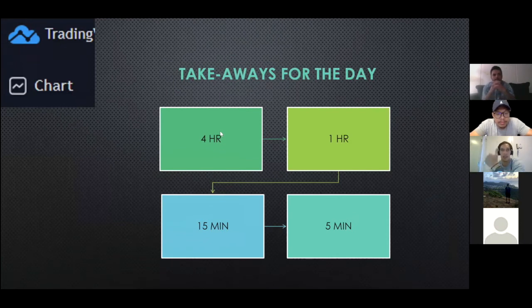We're good? Okay, so again, the takeaway is how to break this down. We started with a 4 hour. We're basically doing a 4 hour chart, generalizing the locations on support and resistance. Do the same thing for the 1 hour. And then when you get into the 15 minute, because we're coming to the exact location of where price currently is at, we're going to look for consolidations. We're going to look for possible trends on the 15. And also we're going to look for reversals and breakthroughs. And what I mean by that is,